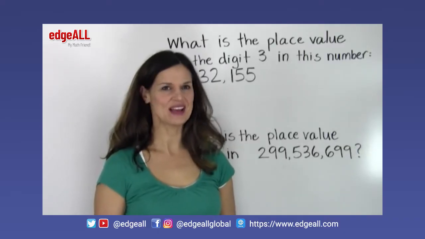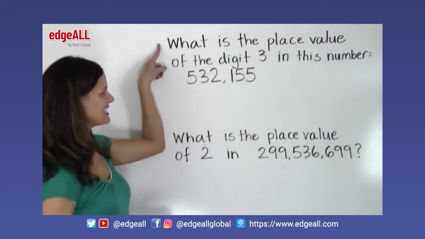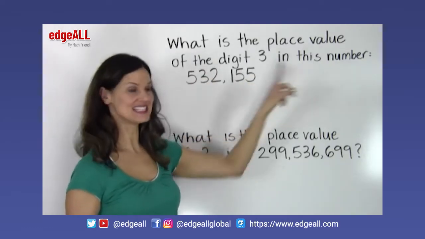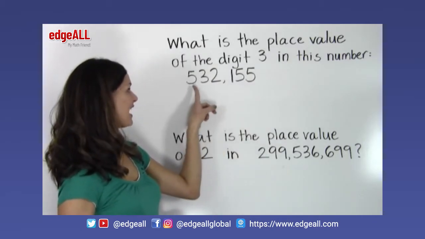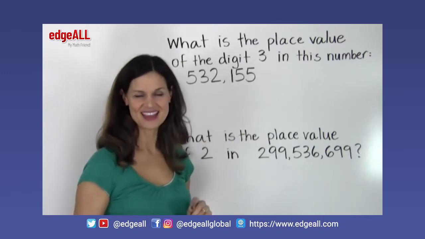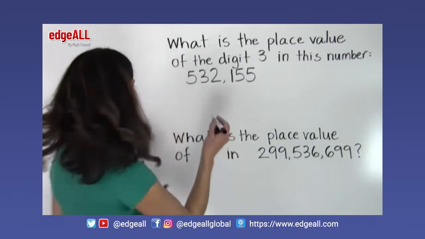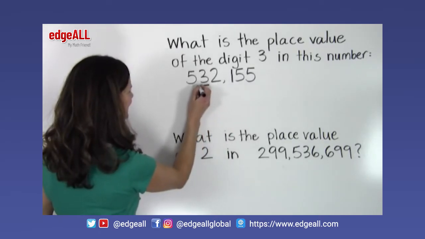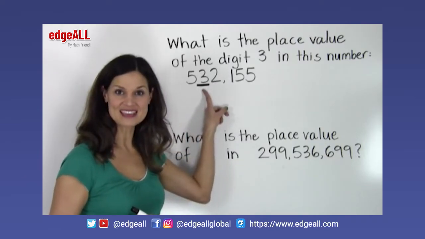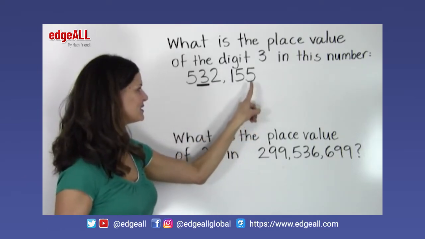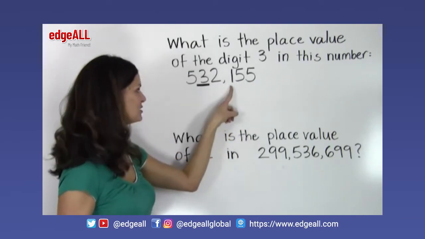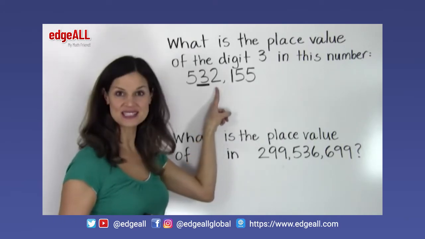Take a look at a couple of examples. What is the place value of the digit 3 in this number? 532,155. So first, let's find the 3 and we'll underline it. And let's find the place value of the 3 starting on the right. So ones place, tens place, hundreds place, thousands place,